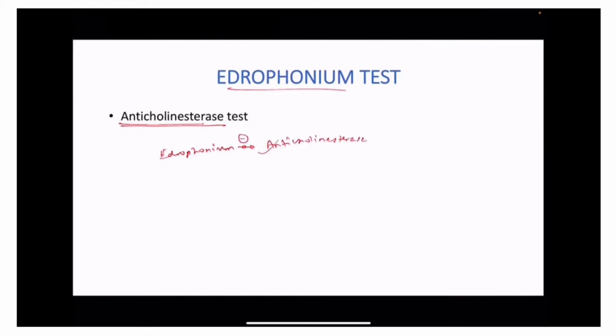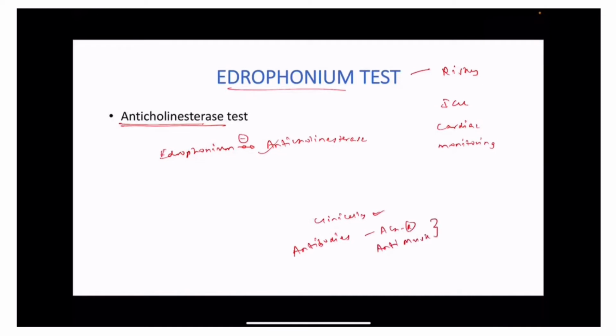Now remember one thing, the edrophonium test is a very risky test. It has to be done in ICU settings only, with cardiac monitoring, because these patients can crash once you give edrophonium. And this test is reserved only when clinically you think the patient is having myasthenia, but your final test, that is your antibody test, wherein we do a lot of antibodies. Typically, which antibodies do we do clinically? In our scenarios, we do anti-acetylcholine receptor antibodies and anti-MuSK antibodies. We check for these antibodies.